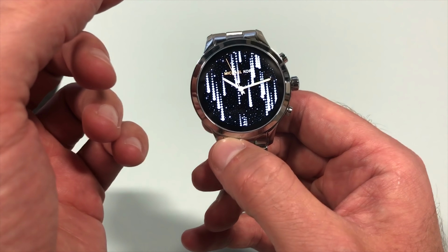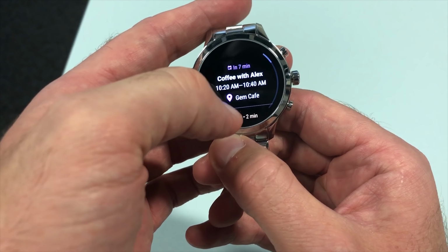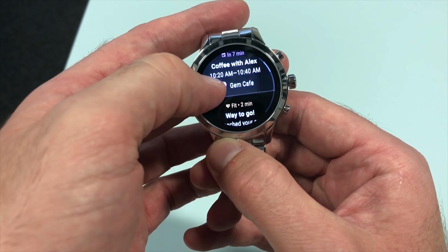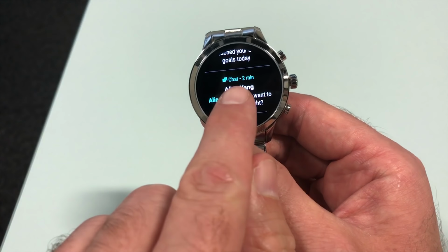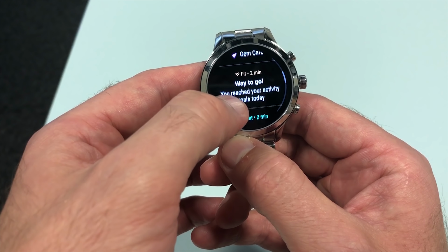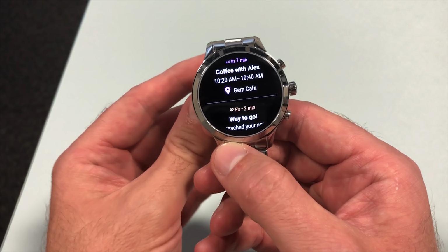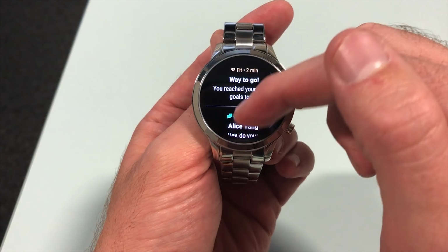Now you're wondering why I didn't go straight into the notifications, aren't you? Which is something that we've often had a problem with on Wear OS, but they are considerably better in this new version. So you swipe up from the bottom of the screen just as before, but now it's been so well redesigned that you get more on the screen, and this clever use of colour, the clever use of spacing in between the text and the lines means it's much easier on the eye, and there's going to be a lot less scrolling and flicking through pointless notifications to get what you want to see, and that is a huge